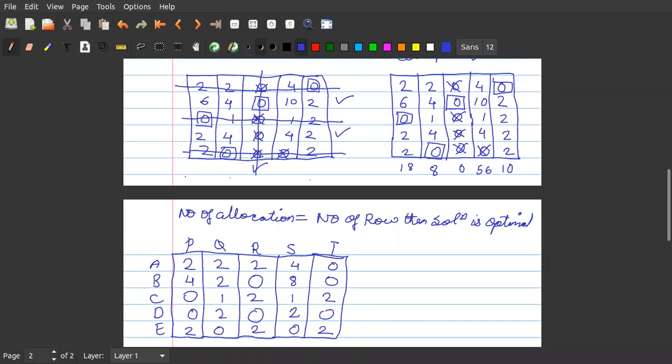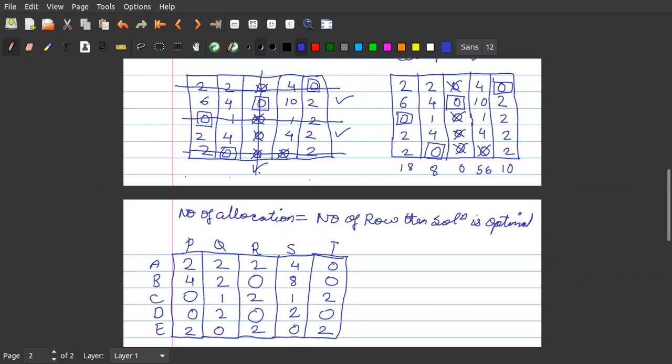Then in this column, we marked the row where there was an allocation. Then wherever there is no tick in the rows, we marked a straight horizontal line. So 1 line, 2 lines, and 3 lines. Then in the columns, wherever there was a tick, we marked the vertical line. So we make 1 line.